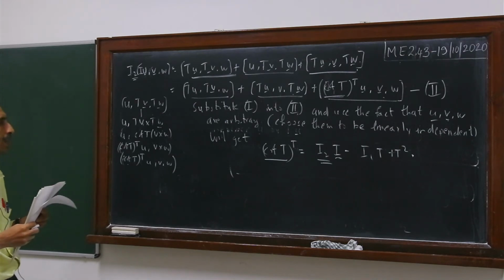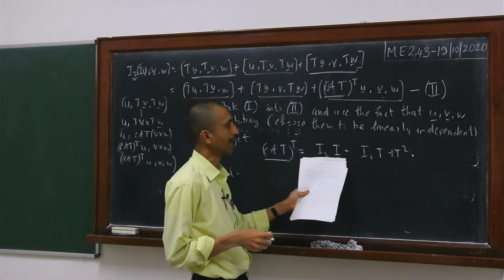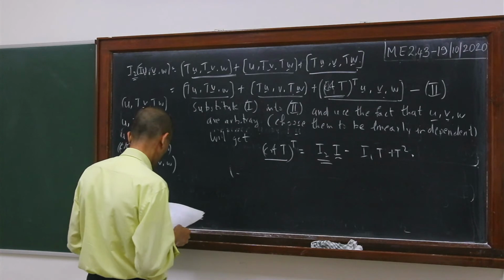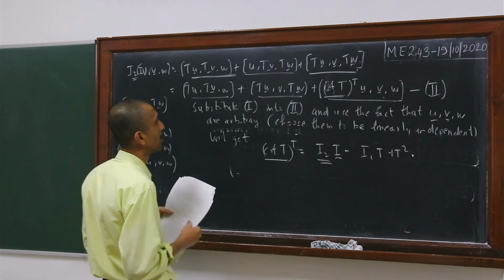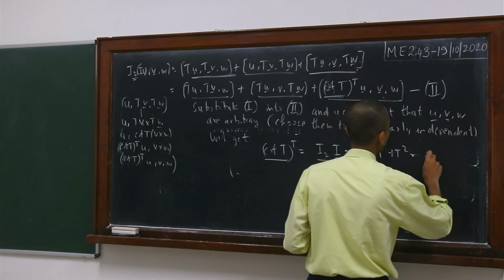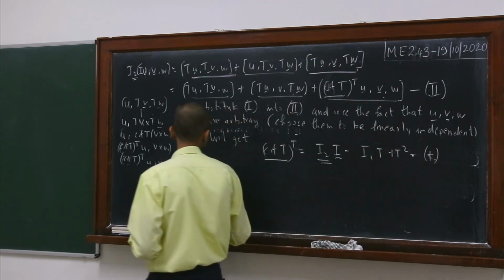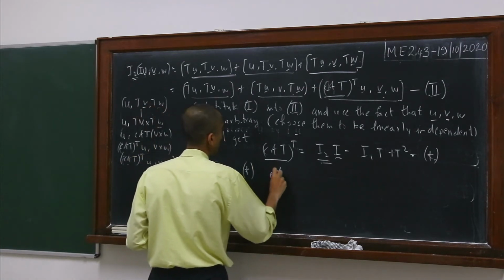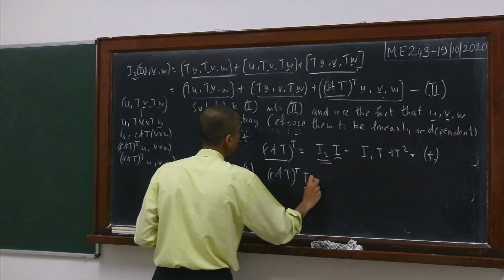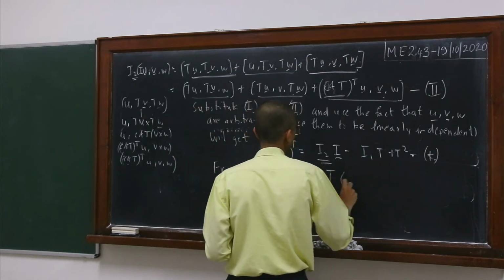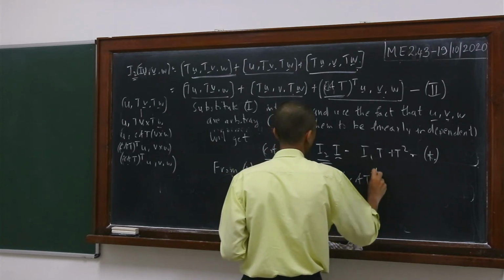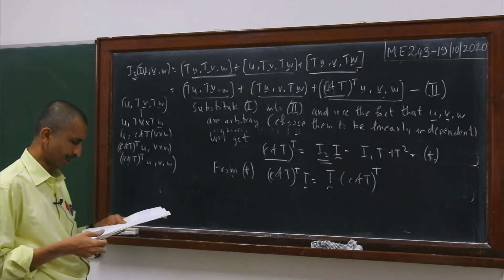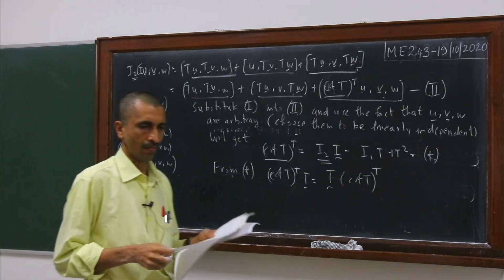Okay, so this particular result is going to be very key in getting an explicit expression for the inverse of a second order tensor here. Let me call this star. From star, we get that cofactor of T transpose T is equal to T times cofactor T transpose, right? Because T times T squared is T squared times T. So from that you will get this particular result here.